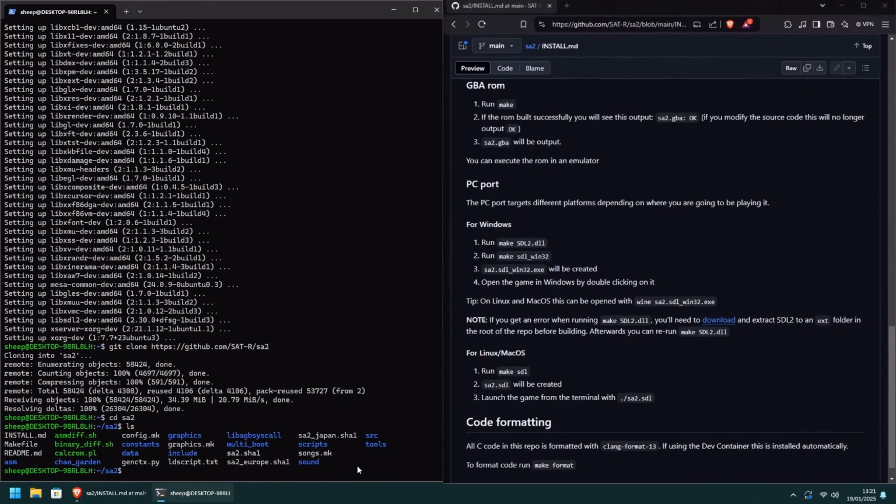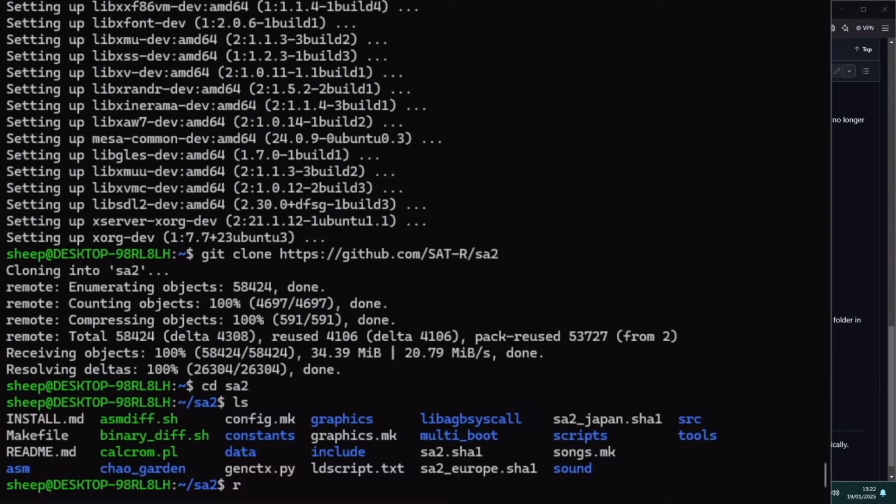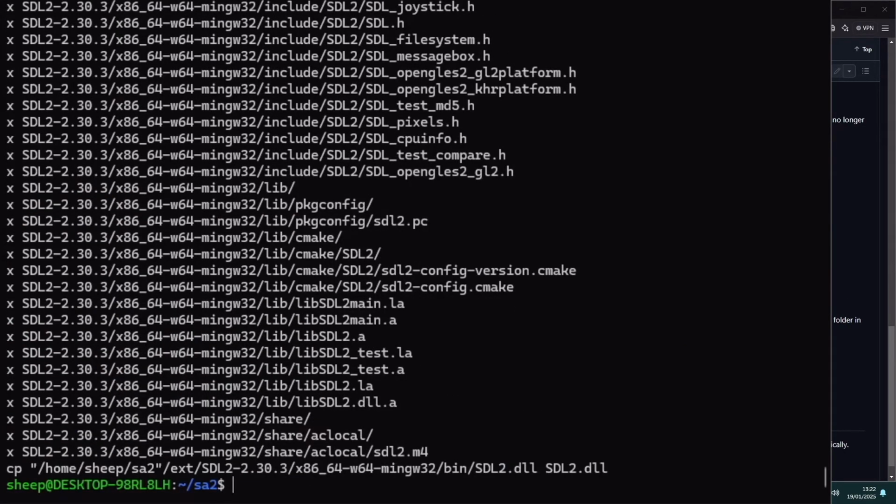But all you really have to do is type make sdl2.dll, or at least, there we go, I can't type. And this should create the DLL file that you need. Then make